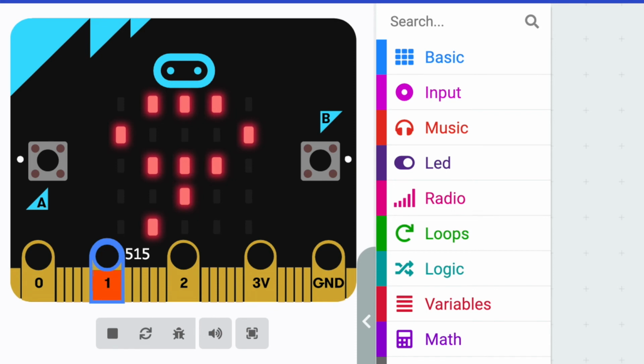If you're using your Microbit kit at home, you need to press pin 1 and you need to press ground in order to make that